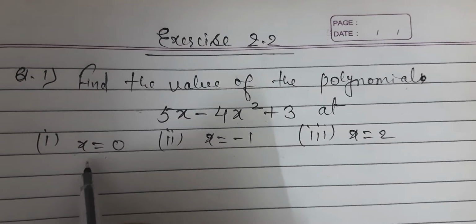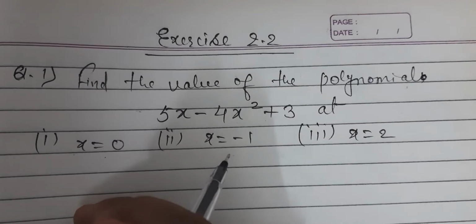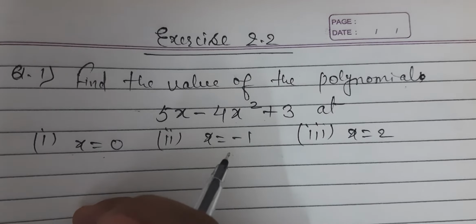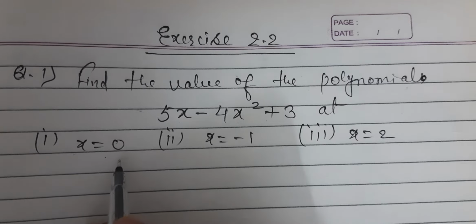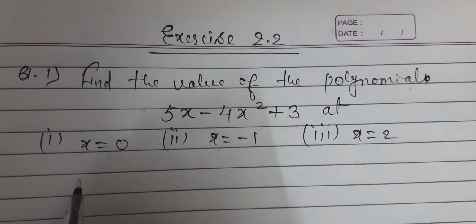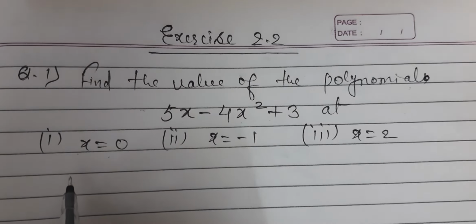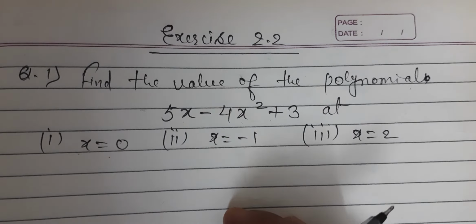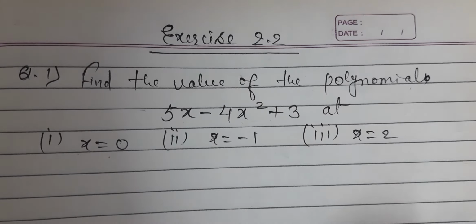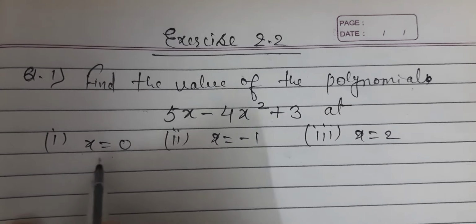Okay, we can find the value of the polynomial at x equals 0. It doesn't mean that after putting it in we will get 0. It's not sure that after putting x equals 0 we will surely get the value of the polynomial equal to 0. No, that's not true. By putting any value, if we are getting 0, it means that value is the 0 of the polynomial. So let us start with the first value.